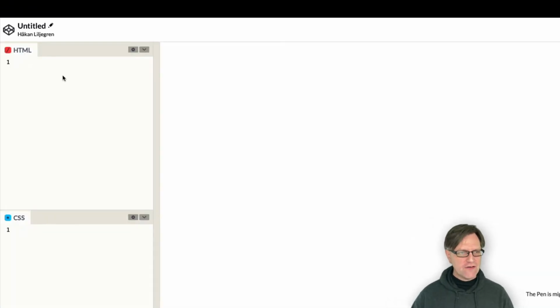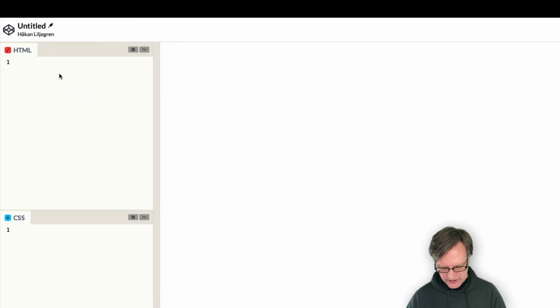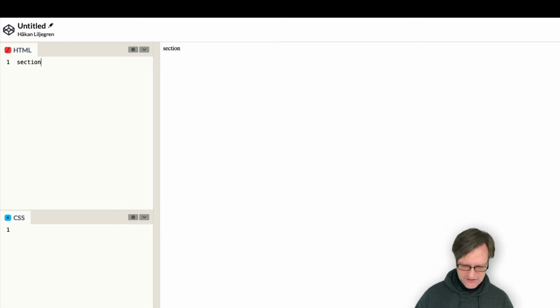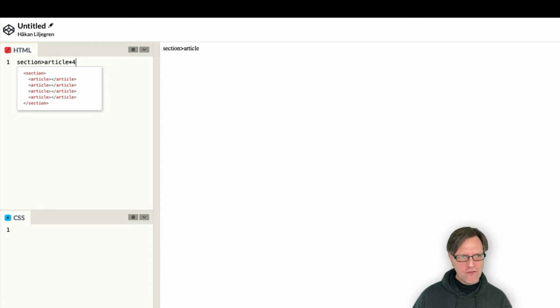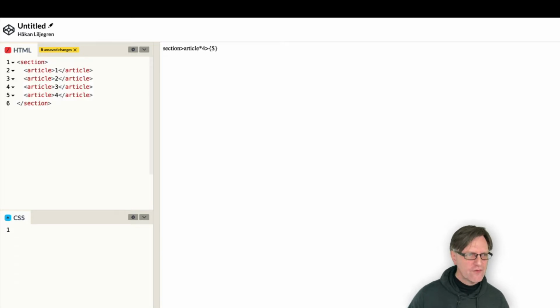And then in the HTML field, well, then we should have maybe a section. And now I'm going to use the Emmet version here. So I write section, and then I write maybe article. And I would like to have 4 of those. And then within that one, I would like to place just the number like this. So now we have 4